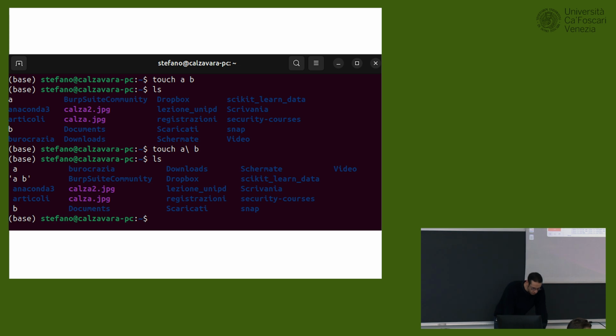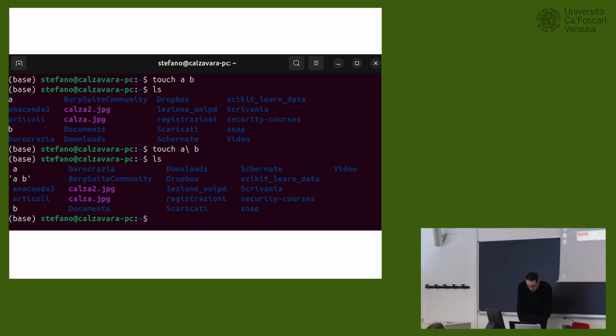We can use the touch command to create a new file. With touch, you create a file with the given name. Let's say I write touch A B, and then I ls afterwards. You will see that I have created two files in this folder, the file A and the file B.